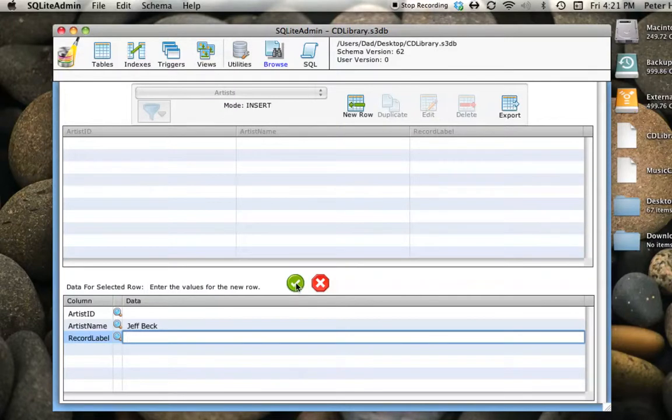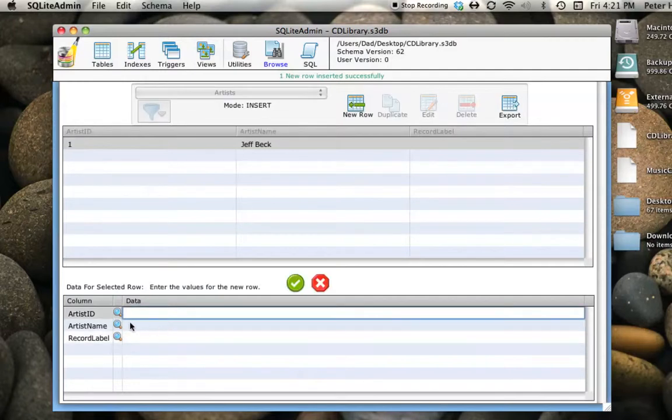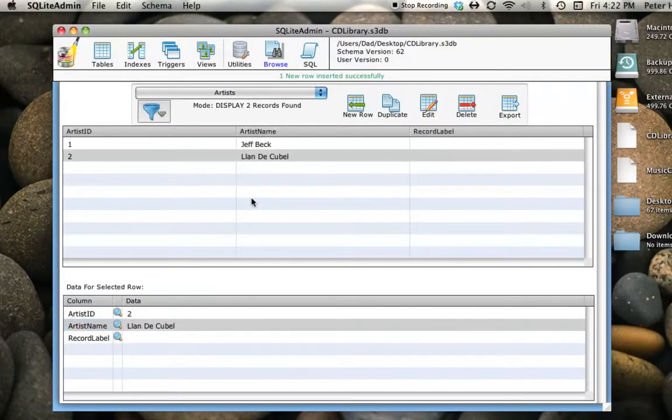And then these two icons: this one says go ahead and insert the row, and this one says change my mind, I don't want to do it after all. So click the insert row icon, and sure enough, there it is at the top. We'll put in one more. The next artist name is actually a Spanish folk group, amazing performers. So now we've got two in there,